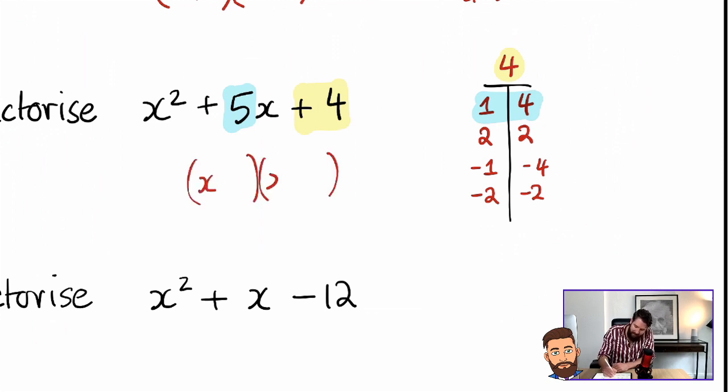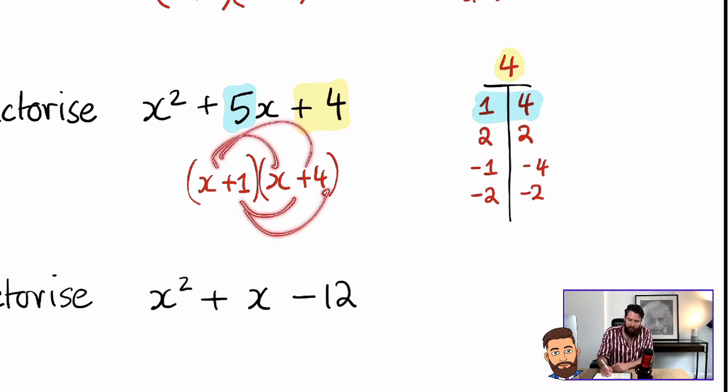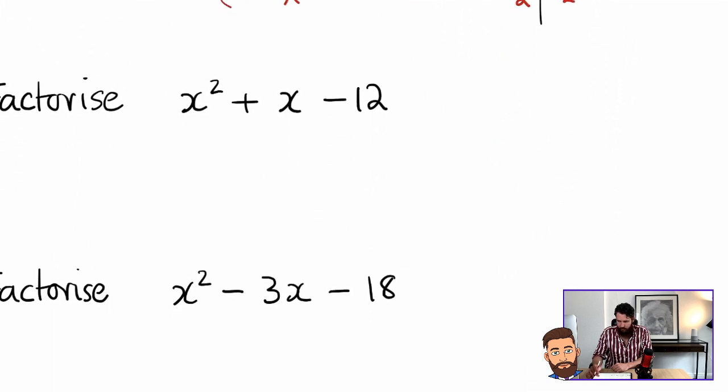I definitely need an x because that's the only way to make x squared. And then I need a +1 and a +4. And if I multiplied that out, I'm not going to do it to save time, but you could multiply that out and you would realize you get the exact same quadratic we started with. Okay, so